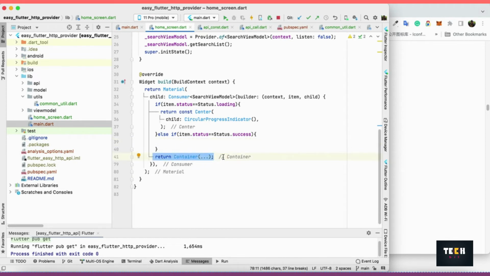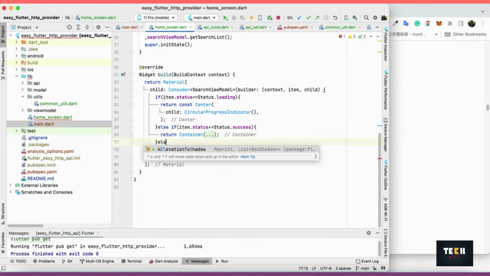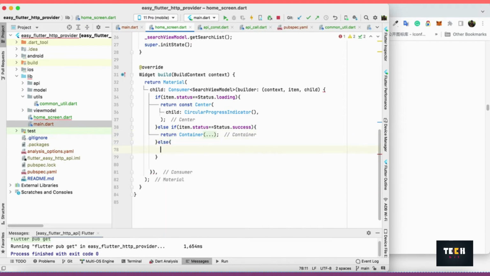Cut this part and paste here. And else part,